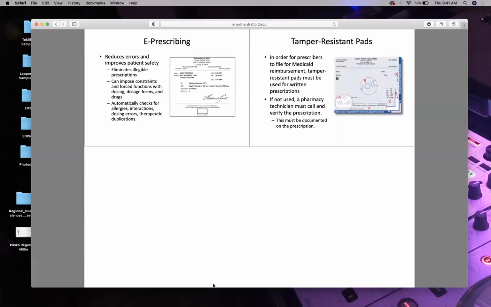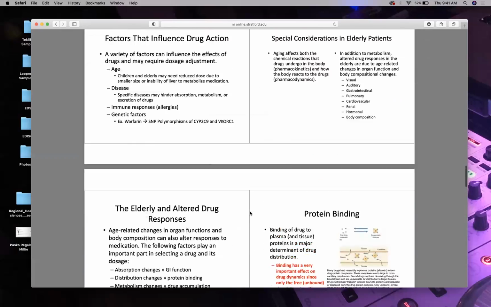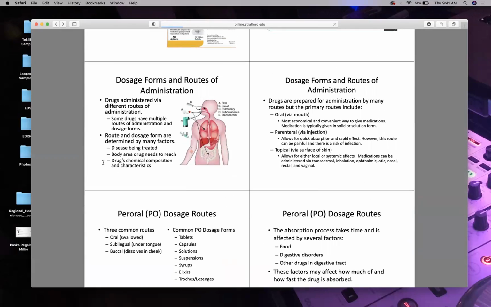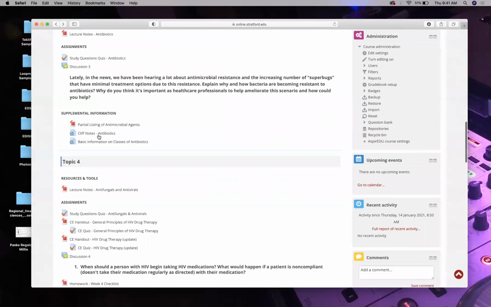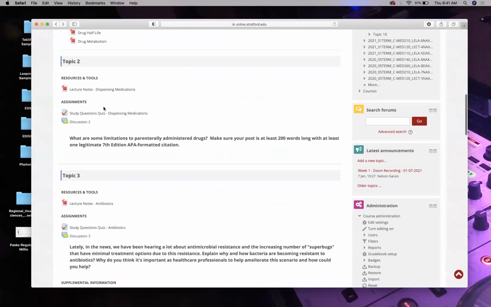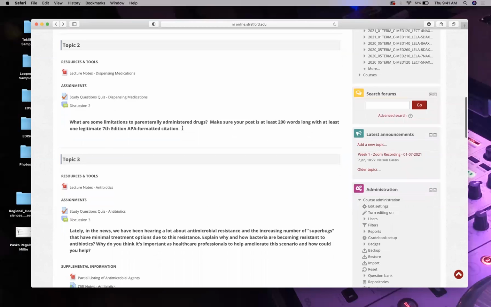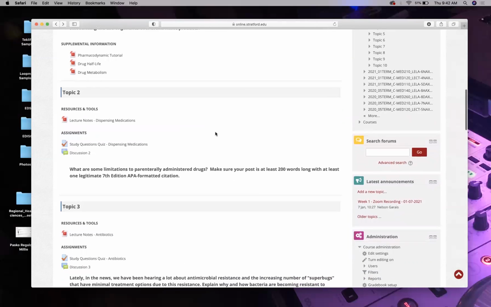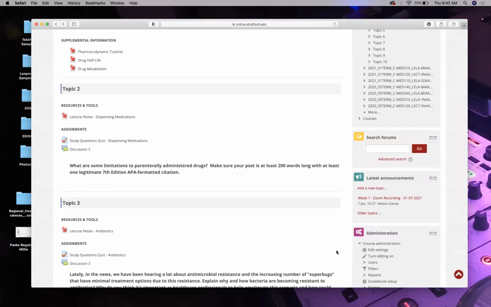So it is at this point of the show. Wait a minute. Let's review one more thing. So that's what's for this week, right? And if you look here at topic 2, there's dispensing medications. That's the PowerPoint we just went over. Study questions quiz, that's due next week, and discussion 2. So what are the limitations to parenterally administered drugs? What are the cons of giving intramuscular, intravenous, or intradermal drugs? So it's at this point, I'm going to